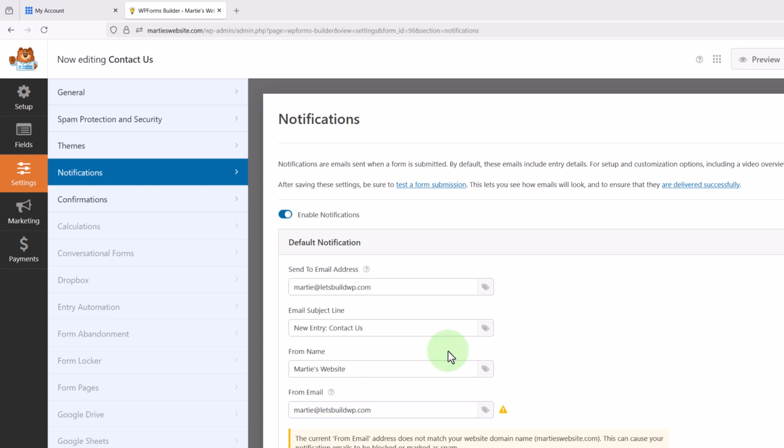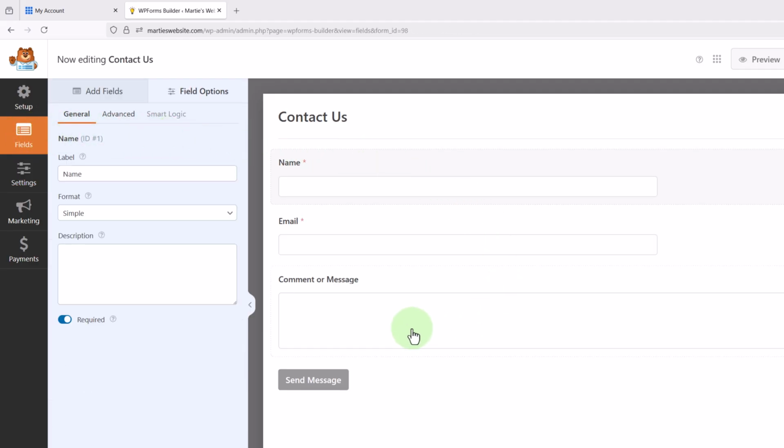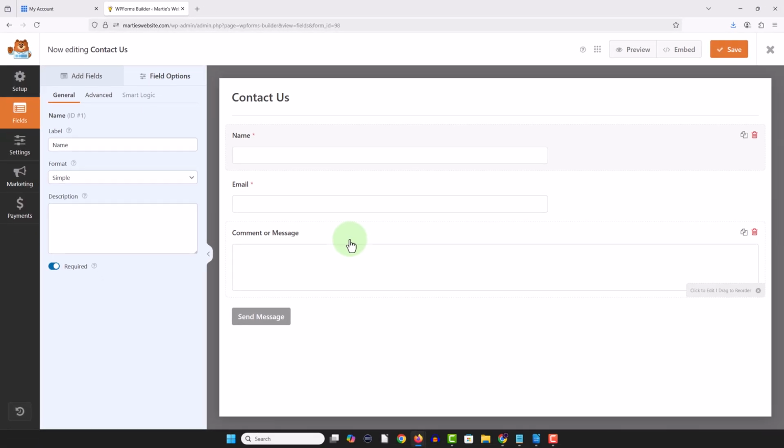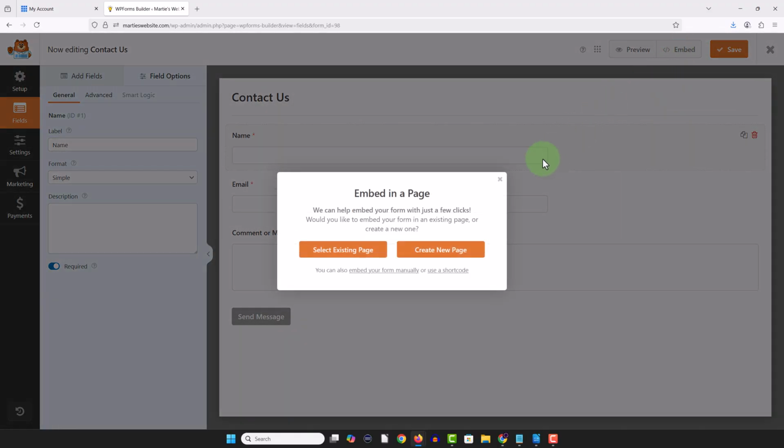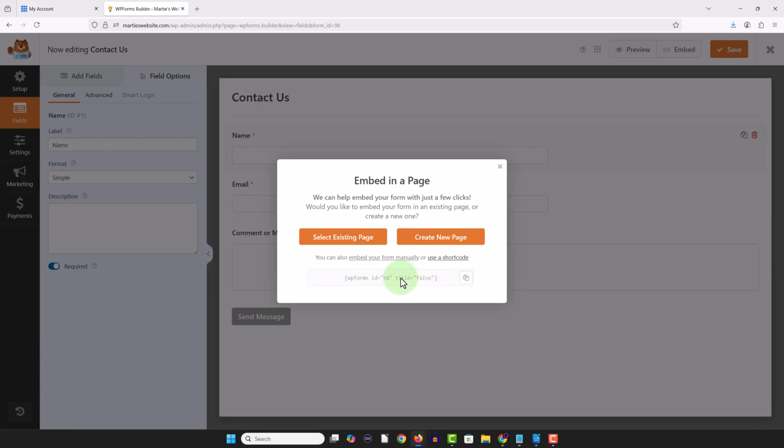And these can both be the same email address. Then once we're done here, we can click Fields on the left to go back to the form. And once we're happy with everything here, we're going to click Save in the top right to save our changes, and then click here where it says Embed. Now we're going to click where it says Use a Shortcode at the bottom, and this will give us the code that represents our form. Then we just need to click this icon to the right to copy it,